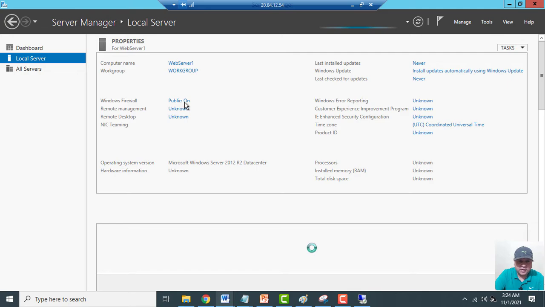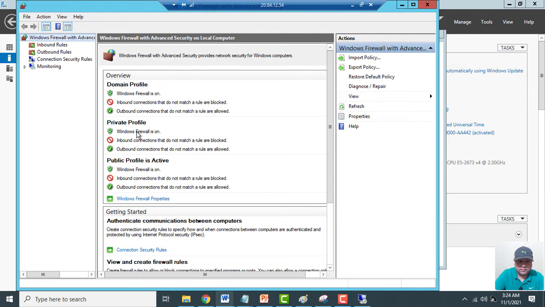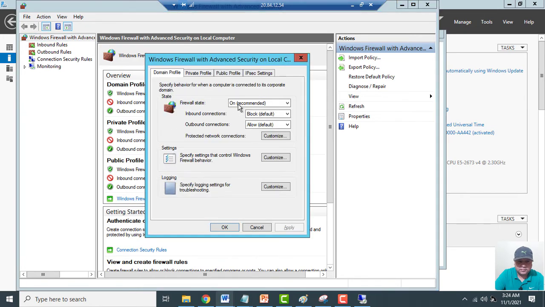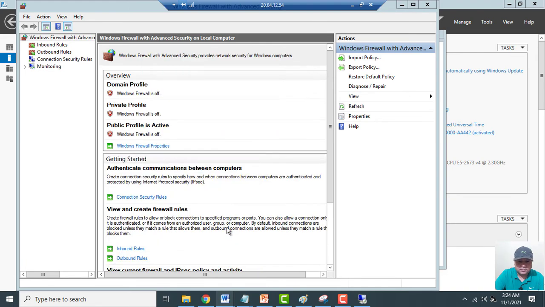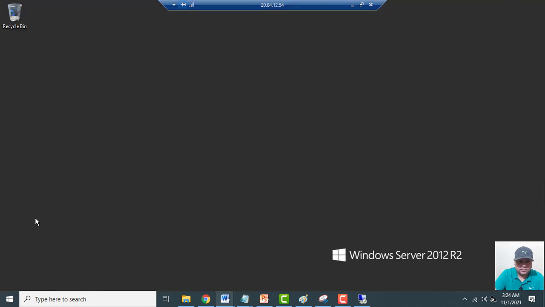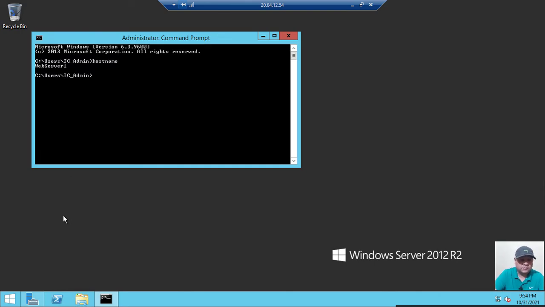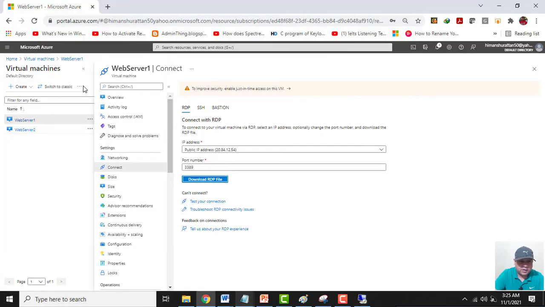Let me quickly disable the firewall first. Okay. So let me log into the other server, which is web server 2.